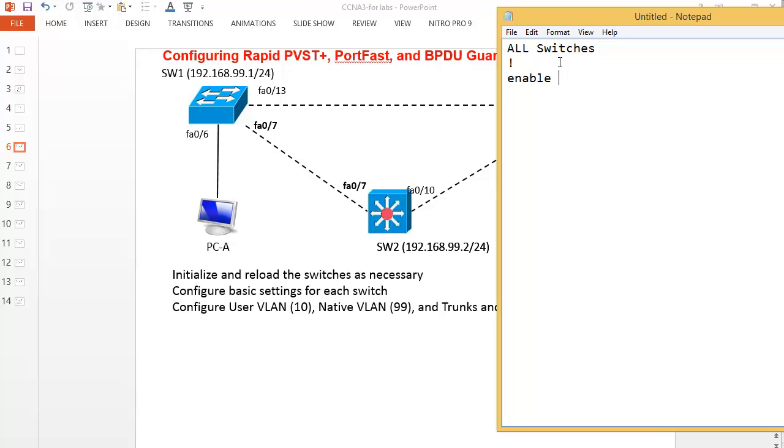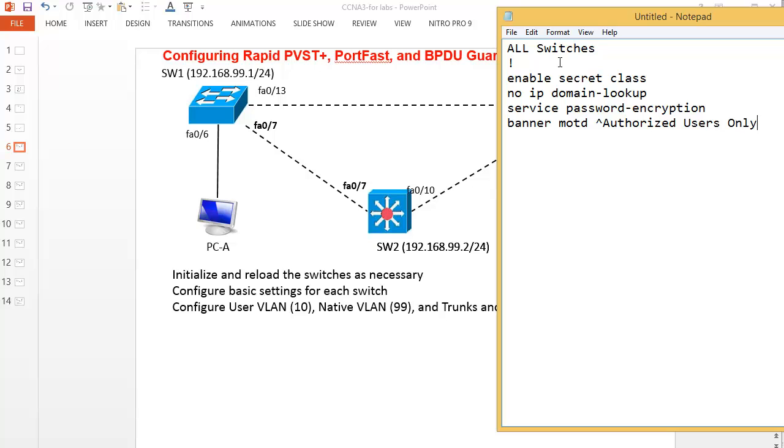So all switches, the startup configuration: enable secret class, no ip domain-lookup, service password-encryption. What else do we need to do? Banner MOTD, authorized users only. Okay, so next we need to go to line console 0, password cisco, login,